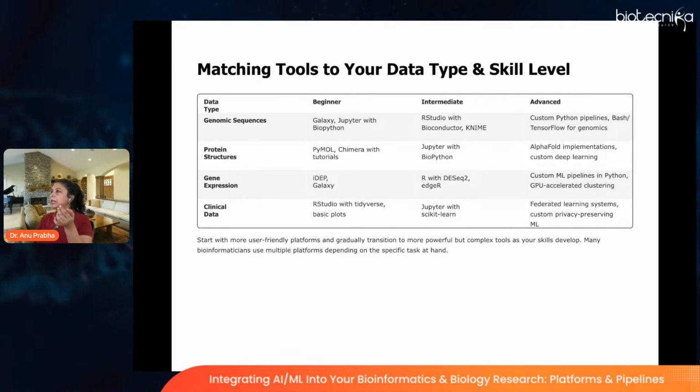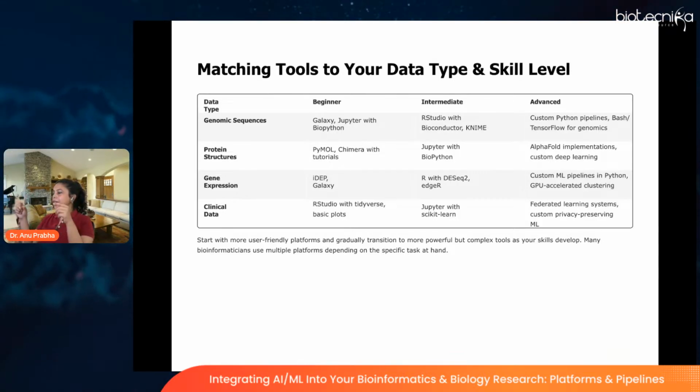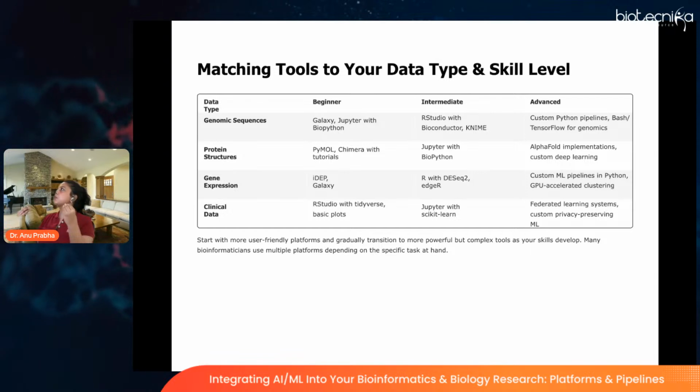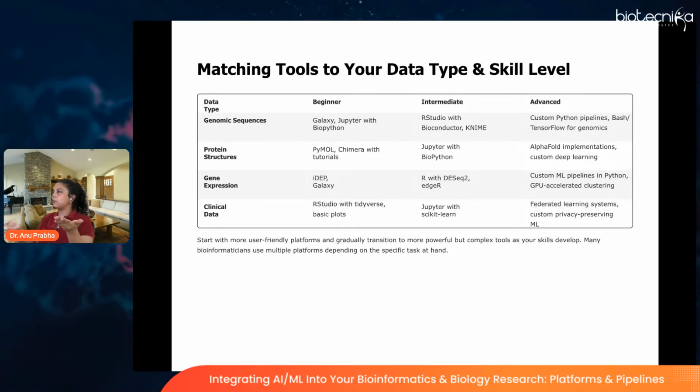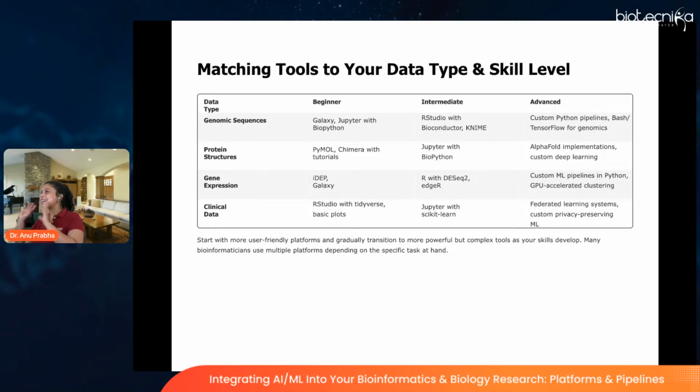But with KNIME, if you have a logic in mind and you already know how to solve a problem, you can build it using small nodes. They have nodes which you can stitch together in a logical way, run, and see the outcome immediately. It is a very interesting tool to help you think and solve problems. Once you know how to do all of these, then building custom Python pipelines, making bash wrappers, and using Nextflow, Snakemake, and all that makes sense.